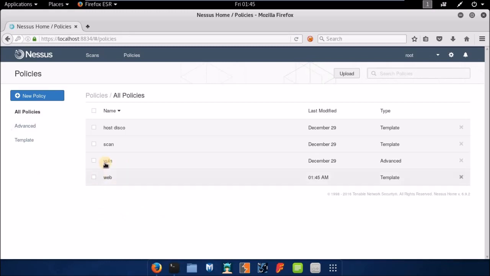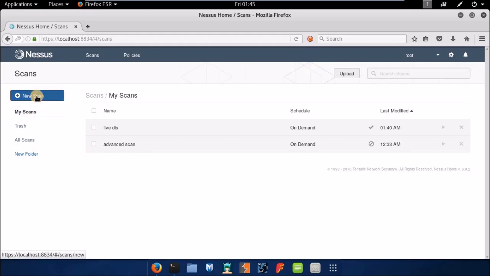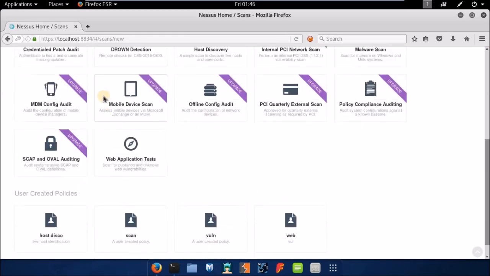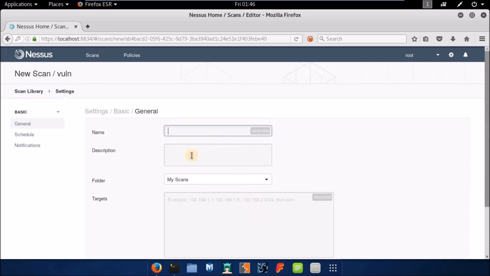So in this case, I have just created one again. When you are going to scan a new target and you want to use your created policy, you can create a new scan and select it from here. If you want to filter, these modules and plugins have been created by you. Select the one that I created recently, provide the name, put the IP address or the web address according to this example, and the rest of the things will be done by this Nessus